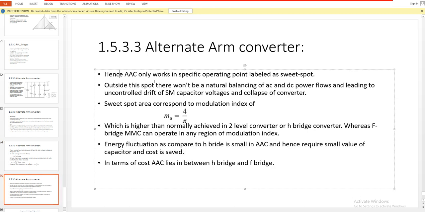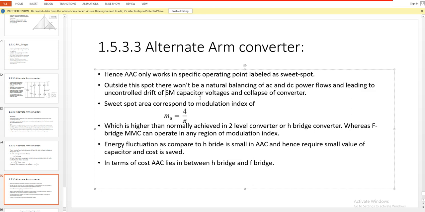Now alternate arm converters can only work in a particular operating area which is known as a sweet spot. Please note one thing here, that alternate arm converters work efficiently, or work perfectly, in the sweet spot. If you are using an alternate arm converter outside this sweet spot, there will be an unbalancing of capacitor voltages and the converter may collapse. So outside this spot there won't be a natural balancing of AC and DC power flow,